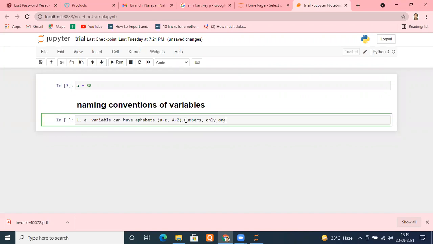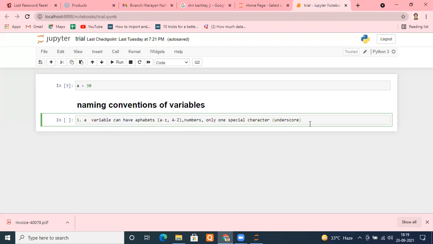Remember, only one special character known as underscore. This is the first rule. A variable can have alphabets, numbers, and only one special character, that is underscore. No other special character like at the rate or hash, you cannot have. You can only have underscore.